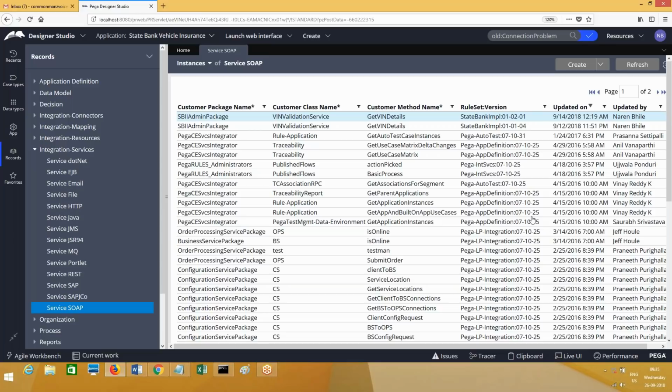You are expecting an integer value, but the customer has sent a text property. So a text property is being sent where an integer is expected. That gives a different response, giving a clearer idea about the error. Similarly, in a service file rule you also have the fault tab. Every service rule will have a fault tab.